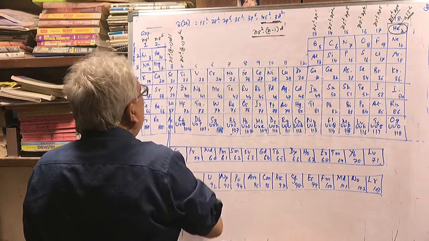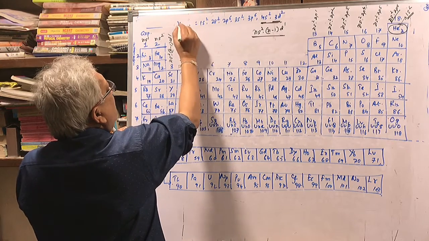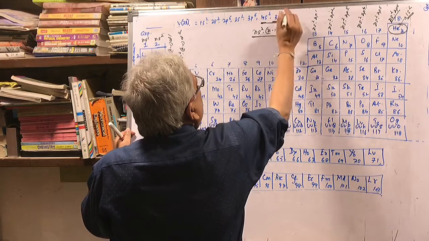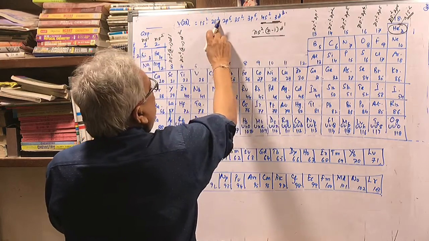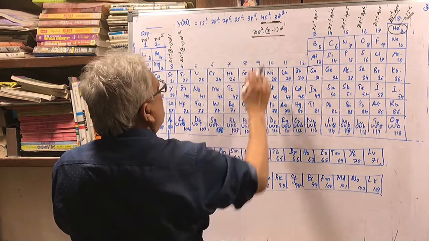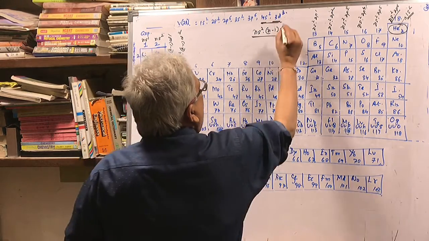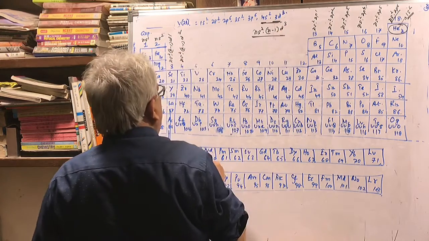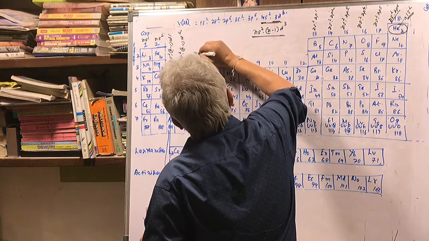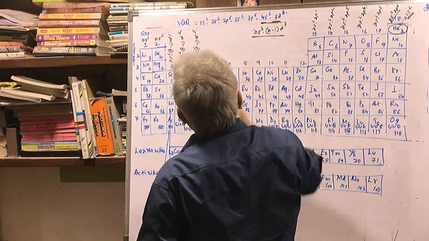Now if you see group 5, I take the case of vanadium, and you will immediately get the idea. Vanadium, 23: 2 plus 2 is 4, plus 6 is 10, 12, 18, 20, 23, so 3d3. So its common outermost configuration will be ns2, (n minus 1)d3. Everyone will have that configuration.